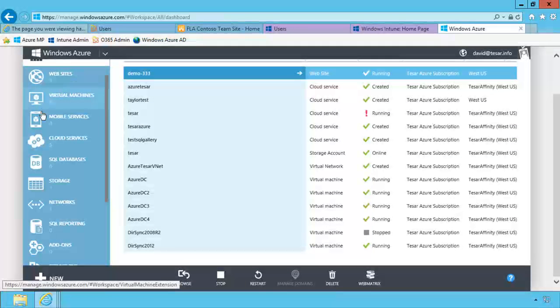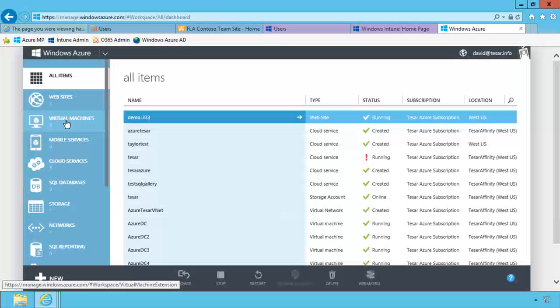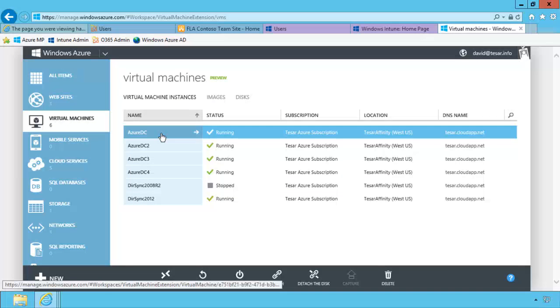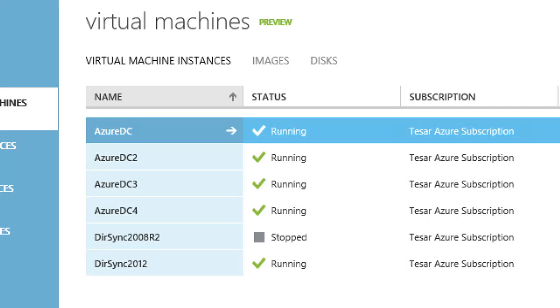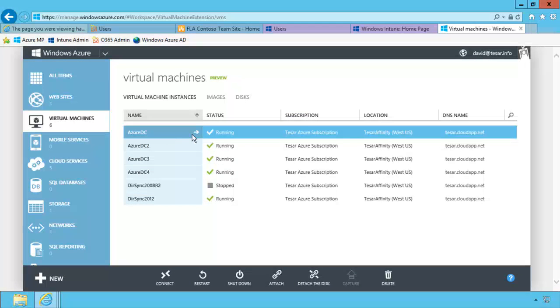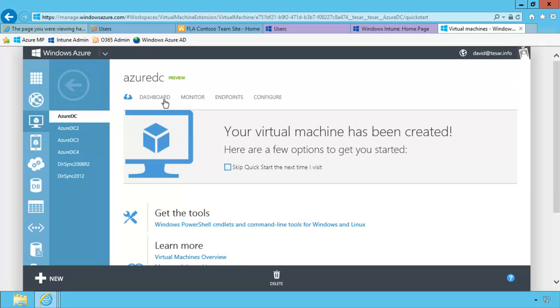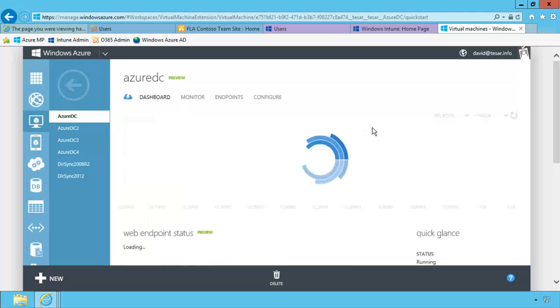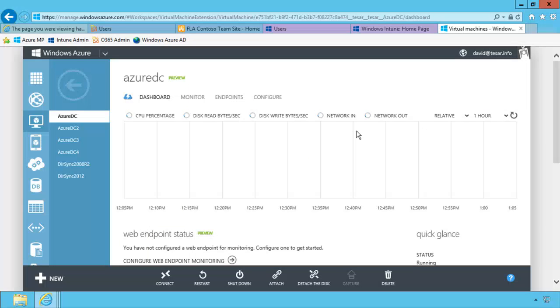Okay, so I'm back on my console here, and little did you know, this Azure DC and the Azure DC earlier that I had is my production ADFS configuration. So not only are they domain controllers, but they're also running ADFS. When I go into the domain controller, you could use that full script to configure those VMs, which is what I did. But the thing that you'll need is that inbound